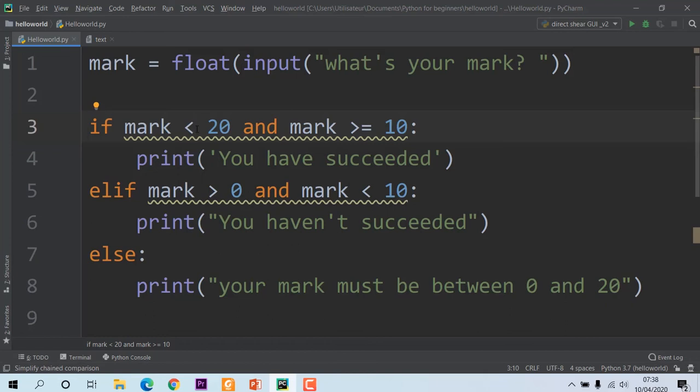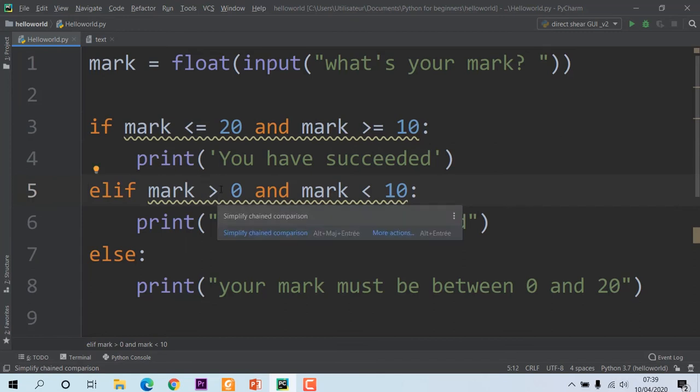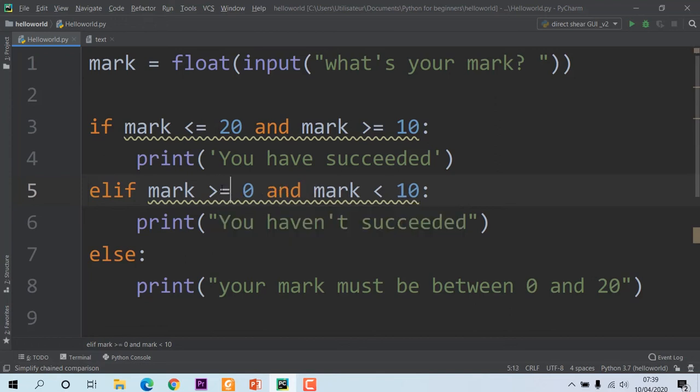So this condition is also true if the mark is equal to 20. And if the student has 0, he has failed. So it's not an error in that case. Therefore, if the mark is greater or equal to 0, and if the mark is strictly less than 10,